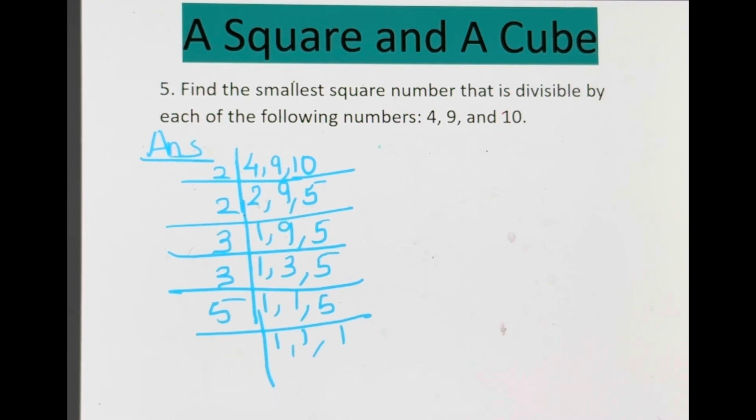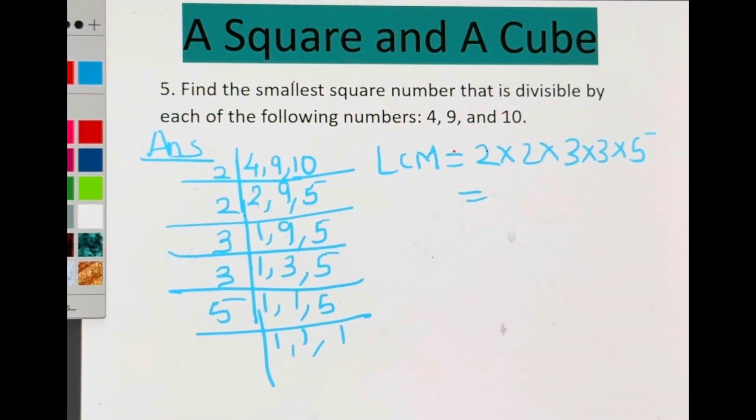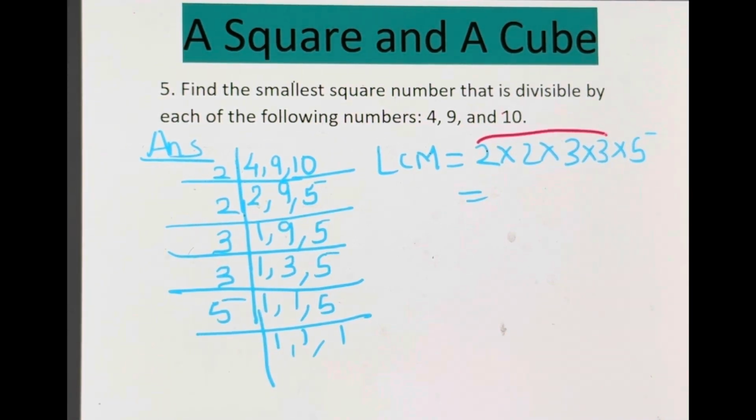Right? So here the prime factors of these numbers are 2 into 2 into 3 into 3 into 5. If we multiply this, you get 180. Now, for LCM also, there are tricks to multiply. That also you should know. Instead of doing rough work all the time, you always make a combination of 5 and 2. So 5 2s are 10. So keep that in mind. And 3 3s are 9, 9 2s are 18. So 18 10s are 180.